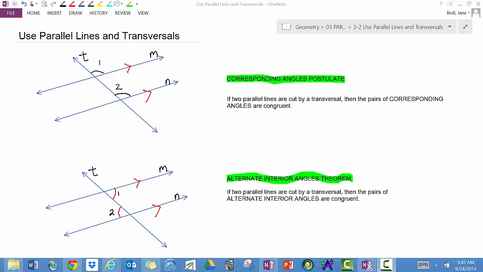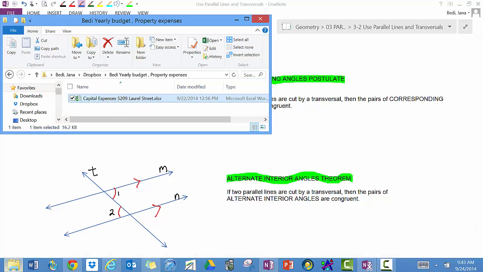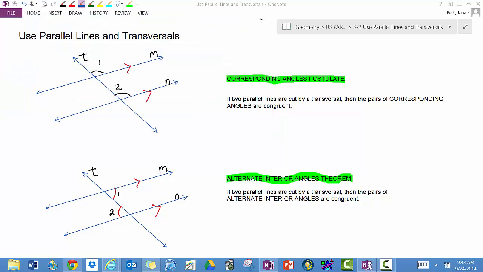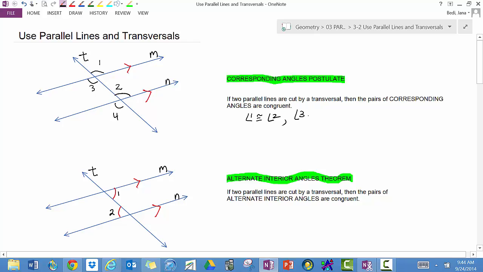In this diagram, angles 1 and 2 are both same side above the lines. They're corresponding angles. They are congruent. So let's also look at 3, 4, and what we would say is angle 1 is congruent to angle 2, angle 3 is congruent to